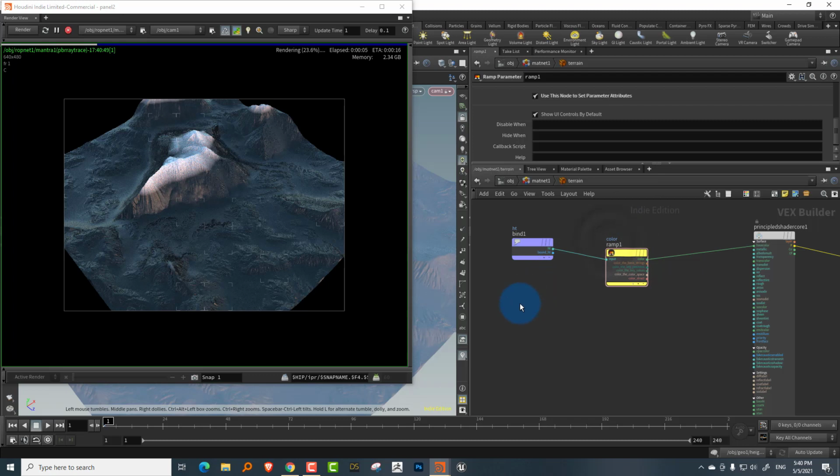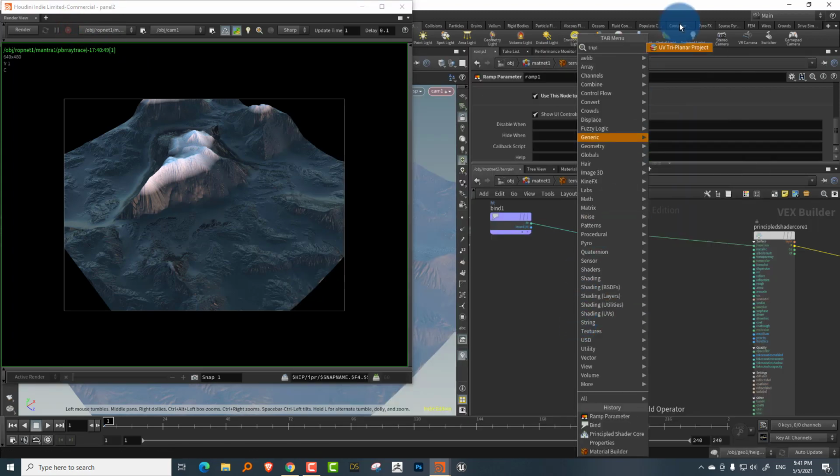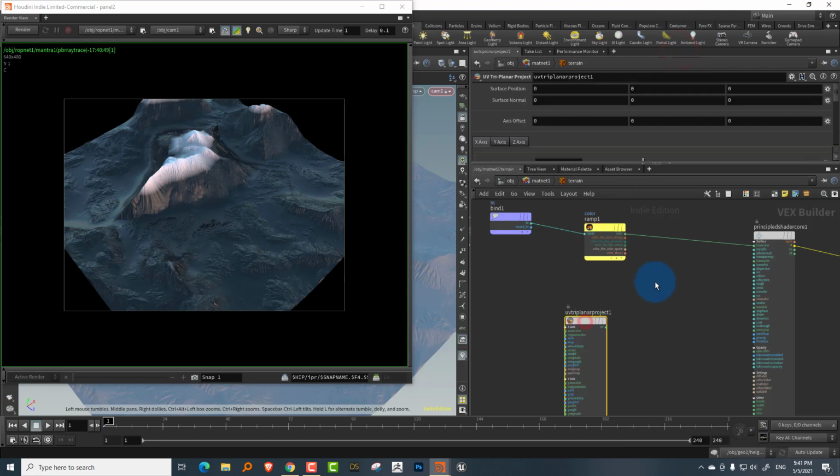Okay, so now let's start working with textures. If you're going to work with texturing a terrain, you want to use a triplanar map, because it ensures that you won't get any stretching on the slopes of the terrain. Normally your UV map is just a planar map, and then with a height field everything gets stretched. So you should always make sure that you use a triplanar map. What we can do is take a triplanar and you'll get something called UV triplanar project.